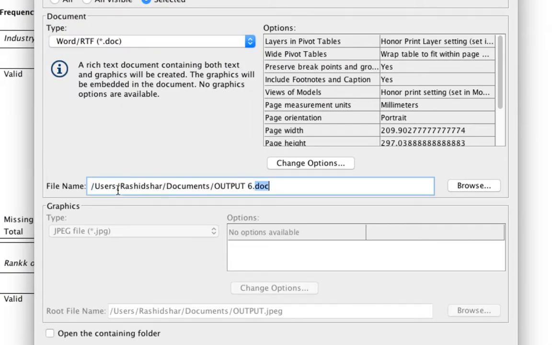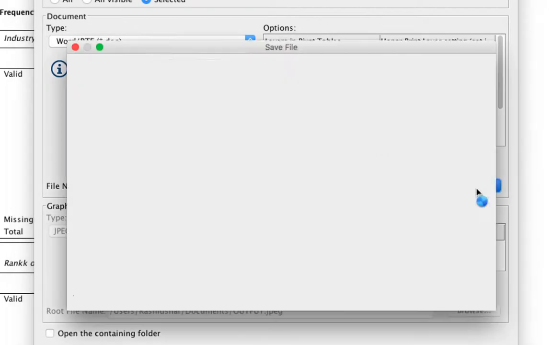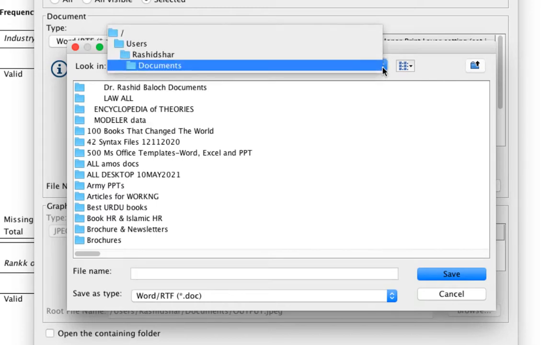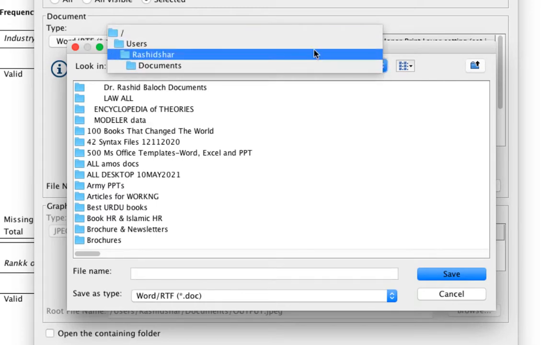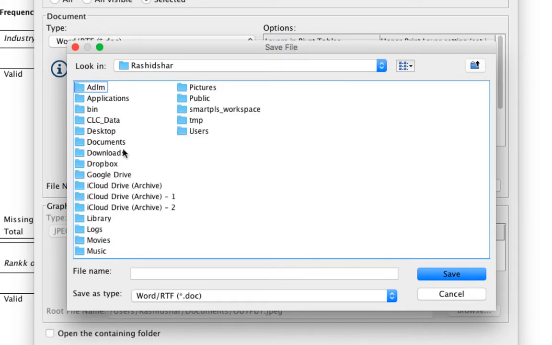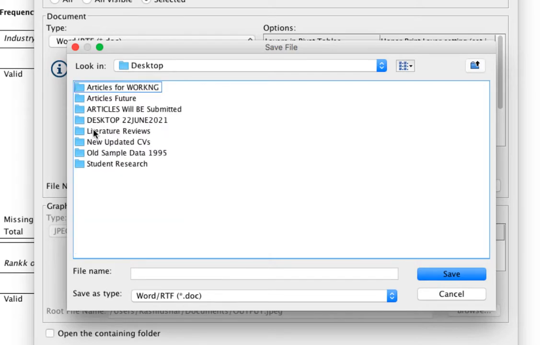And this is the file name. You can change this by browsing. For the time being, I am continuing. Alright, let me change it for the users, and then go to where the desktop is. This is the desktop. All right. So I'm saving a Word document containing my result at the desktop, by giving a name